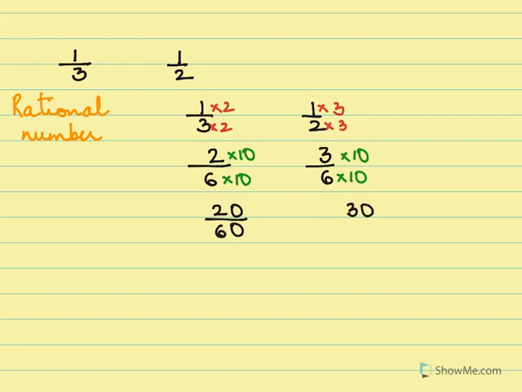20/60, 30/60, and we've got the gap. If we put the numbers in, it would be 21/60, 22/60, and so on. Now to find an irrational number